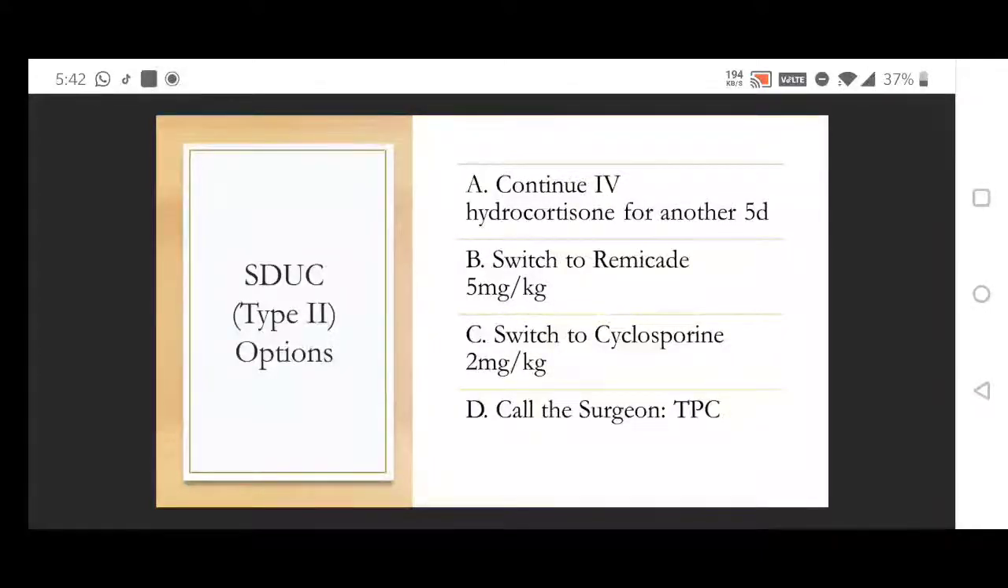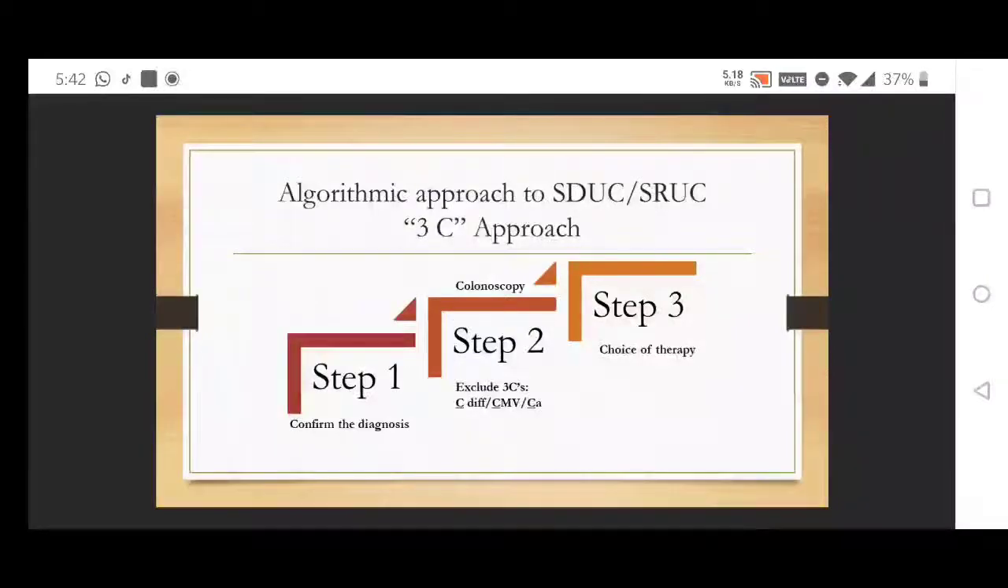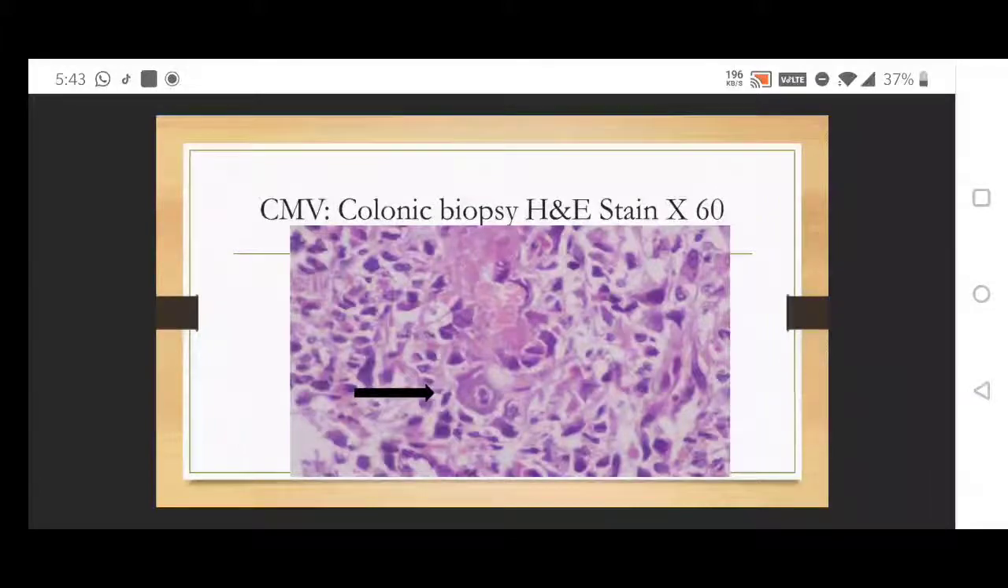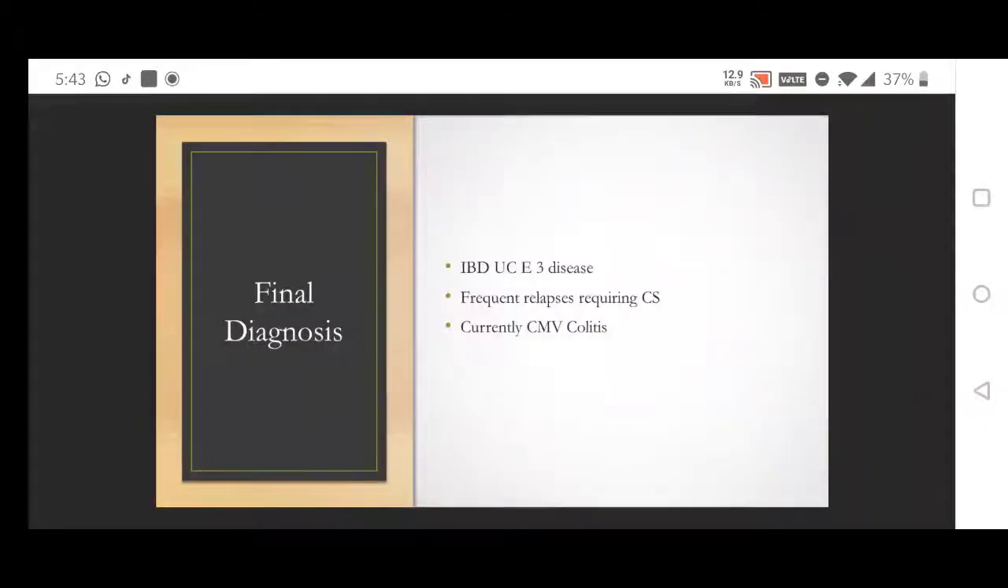I don't know which option you have chosen, but I just wanted to remind you what was missed in this is step 2. If you do step 2 in this, this is what we found: deep craters, and these were biopsied. And what did we find? The colonic biopsy showed classical mononuclear cells, binuclear cells, suggestive of CMV. So this patient is not corticosteroid refractory. She has CMV colitis, and her diagnosis would be IBD, ulcerative colitis, E3 disease, frequent relapses requiring corticosteroids, and currently she